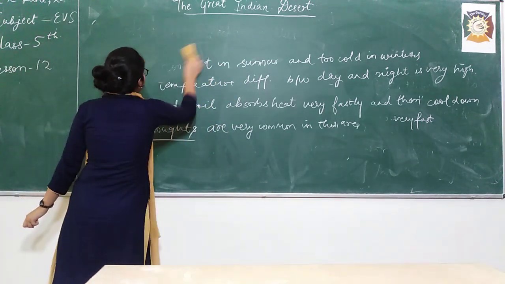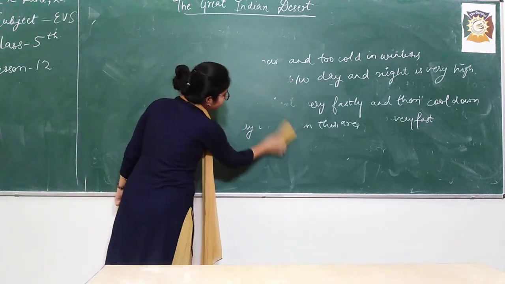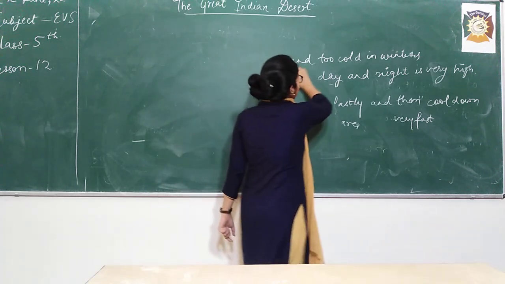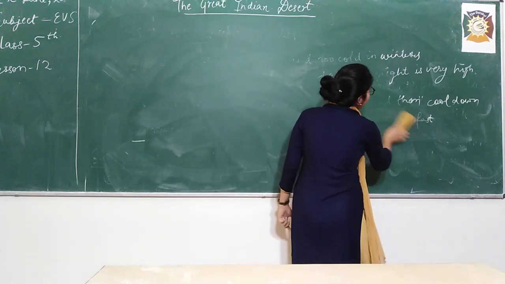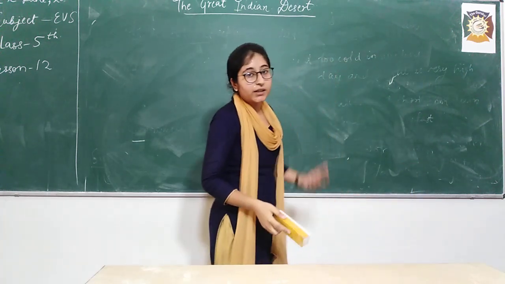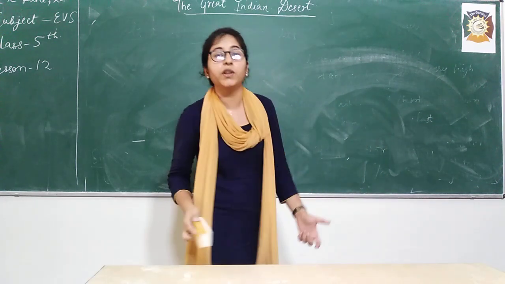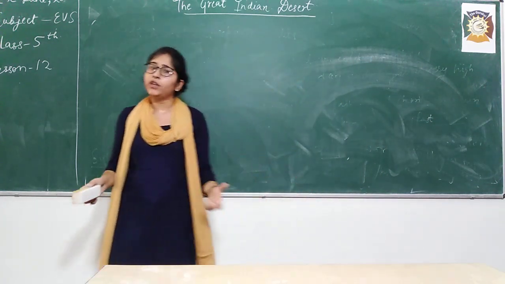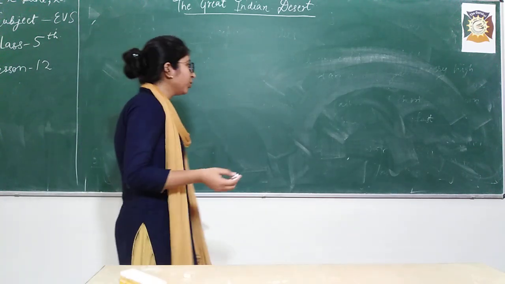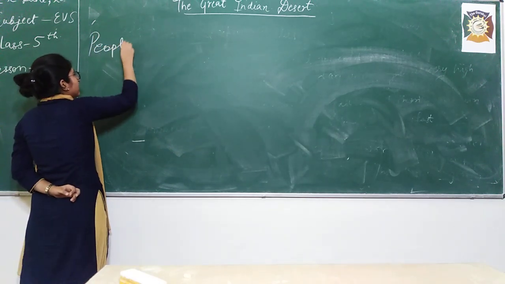Now students, we will move to the next topic, which is the last topic of this chapter. Okay, and very easy also. What is the name of the topic? It is about the people living in the desert. Now we are studying about the desert completely, right? We have studied about the crops, we have studied about climate and various physical features. Okay, so we will study about the people also, because they are very important. So, people of the desert.